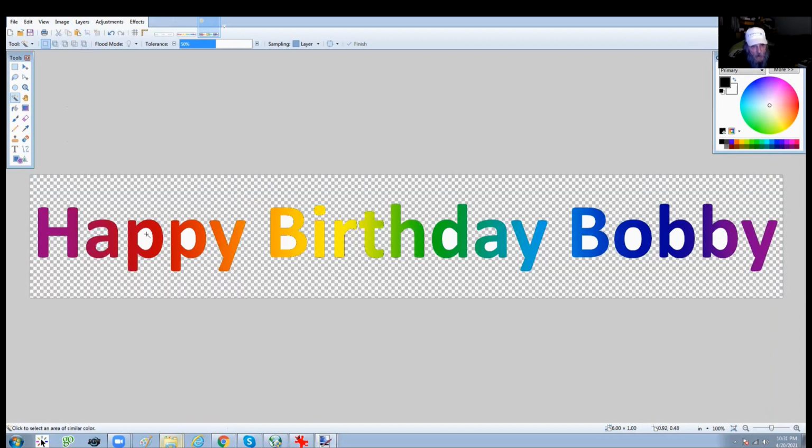So now we are going to do that to all the white areas. You're going to click to make them transparent. So we're going to end up with the text we typed on the white box completely transparent, but now with rainbow colors. File,